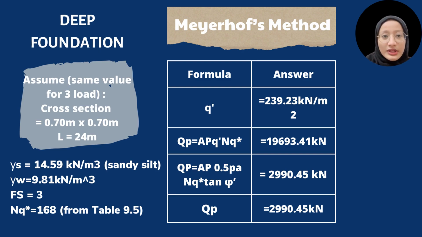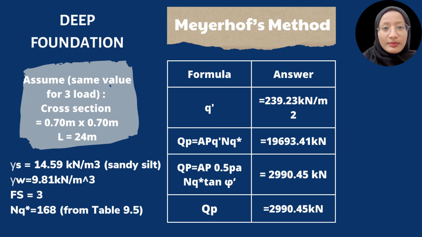To calculate the deep foundation, we need to find the QP and QS. For the QP, we use three methods, which are Meyerhof method, Vesic method, and Coyle and Castello method. For the QS, we just use one method only. After calculating the QP for the Meyerhof method, we got two QP, which are